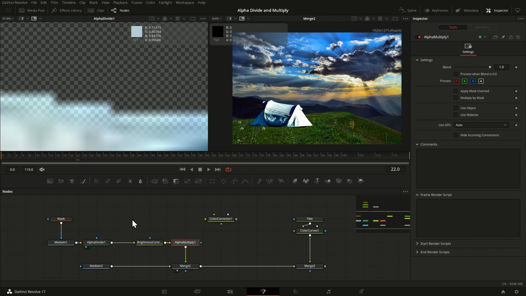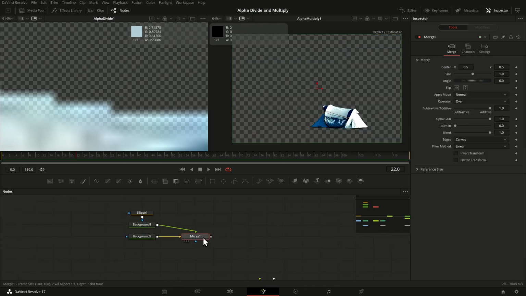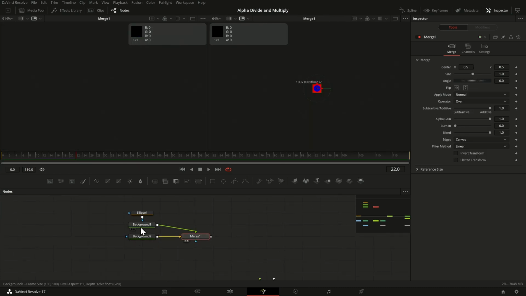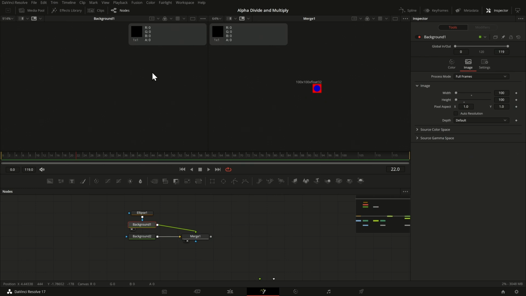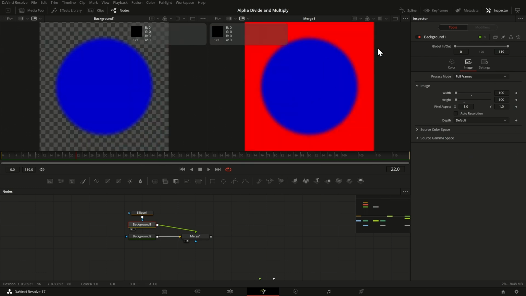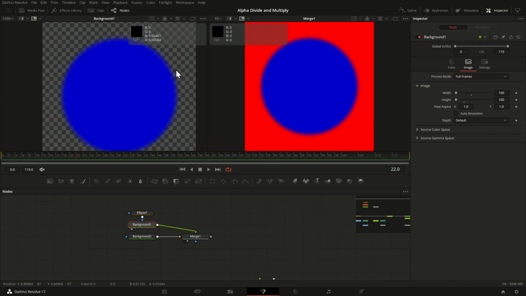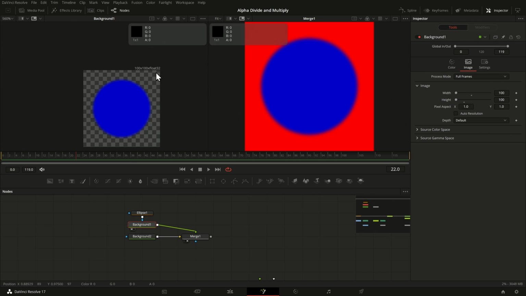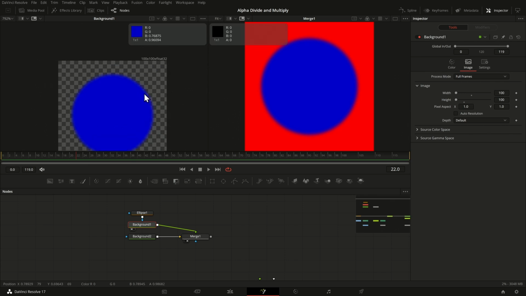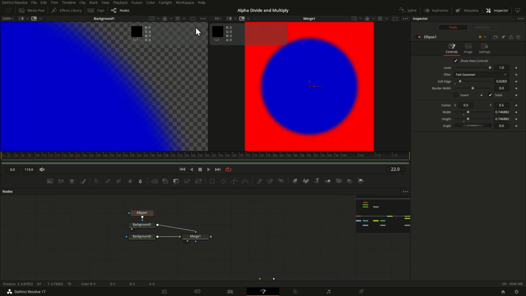For this, I have created a very simple example here with a blue sphere. Where is it? Here it is. And I might composite it over a different color background. And in this case, I am actually on a very low resolution grid, just 100 by 100 pixels. And the reason for this is that in this case, we can actually see individual pixels. So let me turn off the smooth resize. That's a viewer option to interpolate pixels.